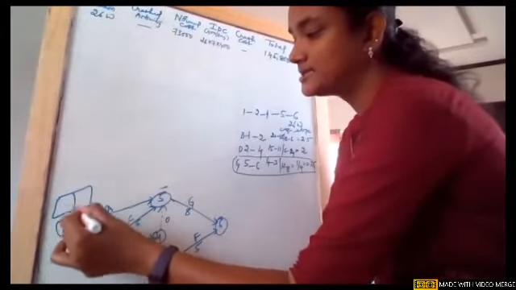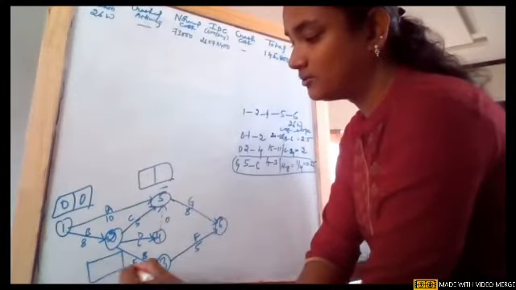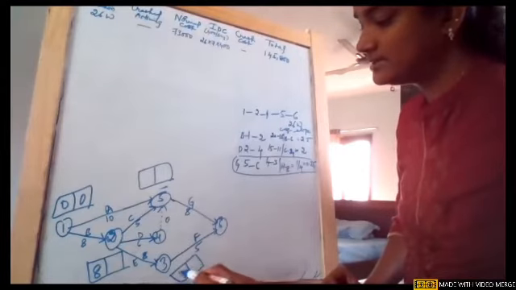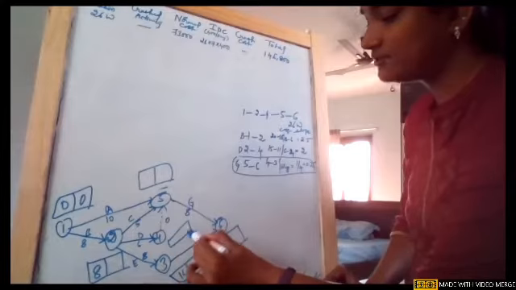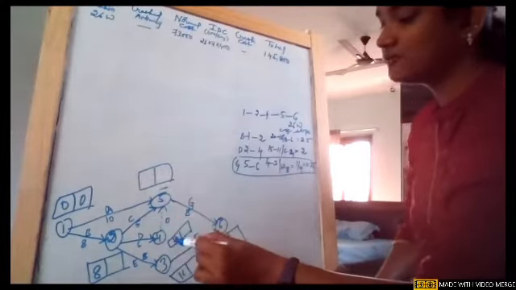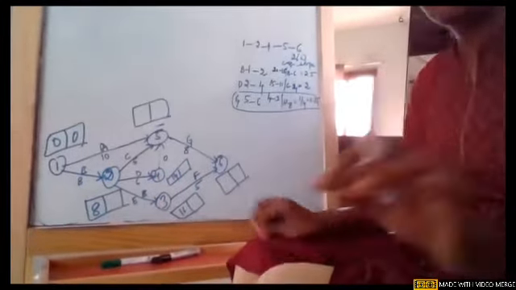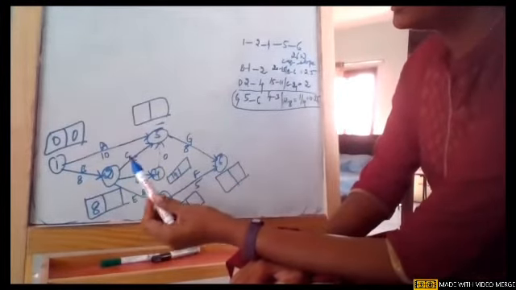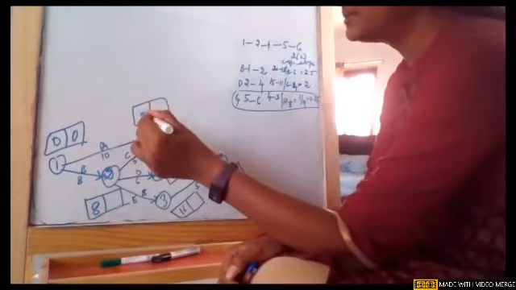So see the earliest and the latest times at each node. Near node 2, it is 8. Node 3, 8 plus 8, it is 16. Node 5 is having 2 arrowheads. Come back to node 4, single arrowhead, 8 plus 6, it is 14. So node 5 is having 3 arrowheads. 14 plus 0, the dummy duration is 0, so it is 14. And then the other arrowhead is giving 8 plus 5, it is 13, and 0 plus 10, it is 10. So the maximum value is 14.